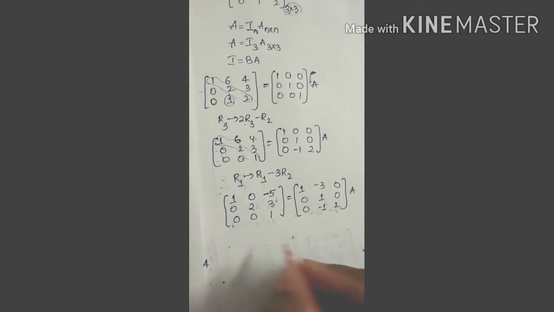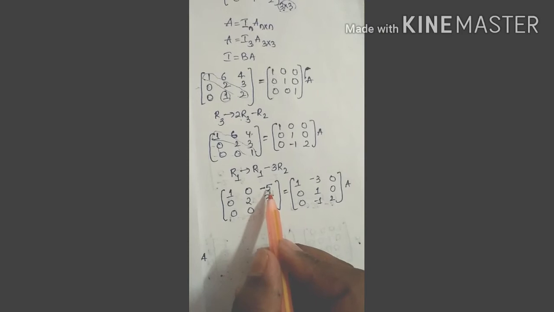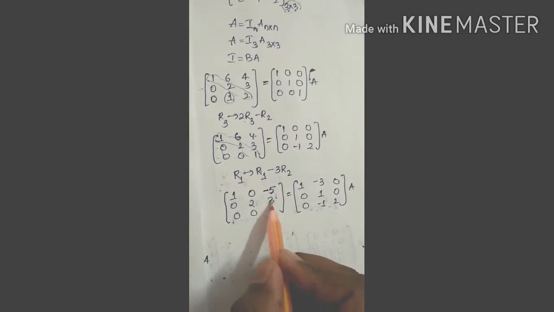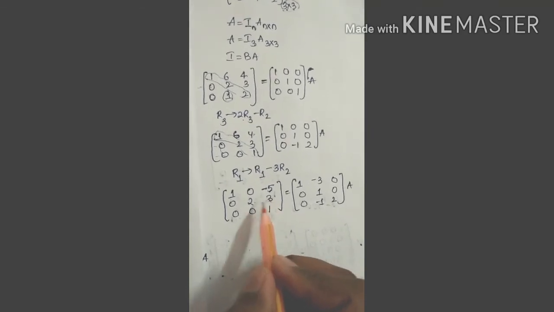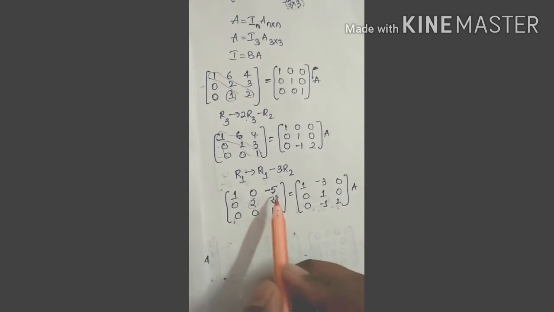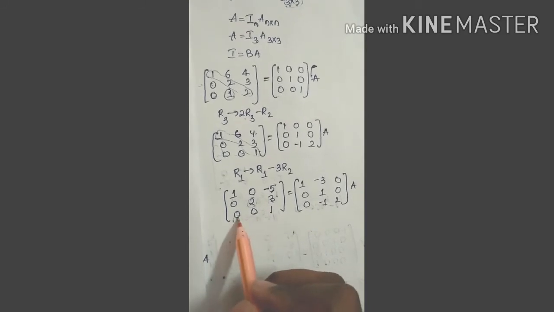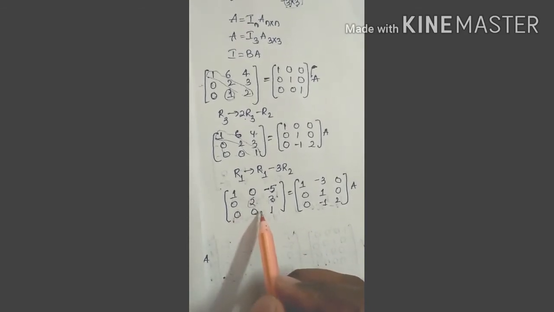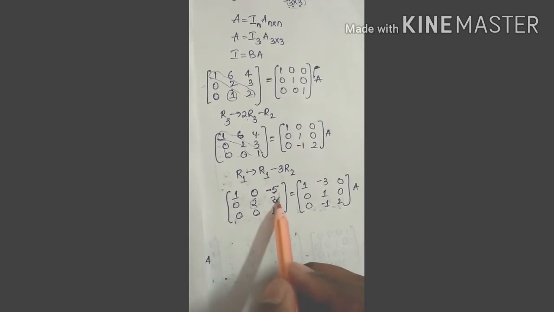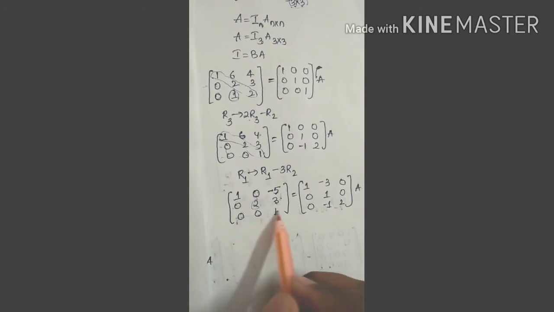Right? Next, we'll try to make this element 0. While making this element 0, we will take the help of this element. We can't take the help of this element. If we take help of this element, here it is 2, then here you will get a non-zero element. So whenever we are taking the help of another element, we should see that these two elements are 0. So here there will be no change. We already made this element 0. If we take this row to help, then here we will get a non-zero element. So we'll take the help of R3.